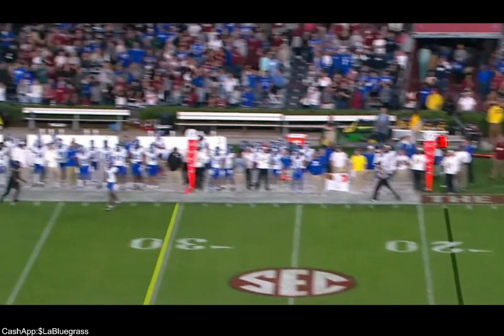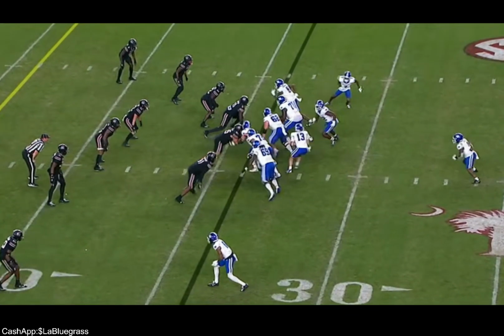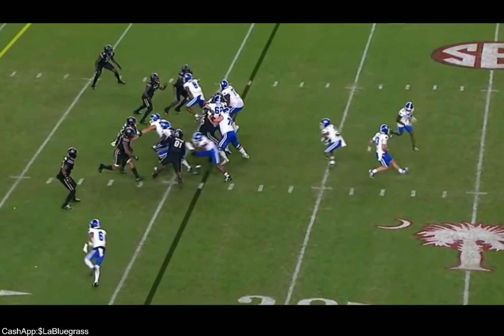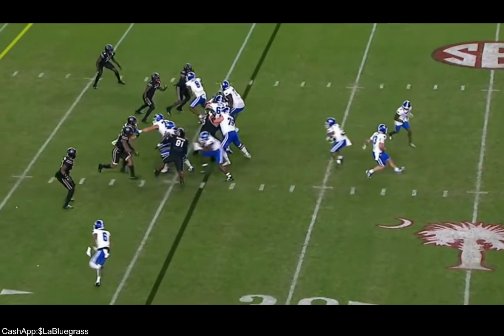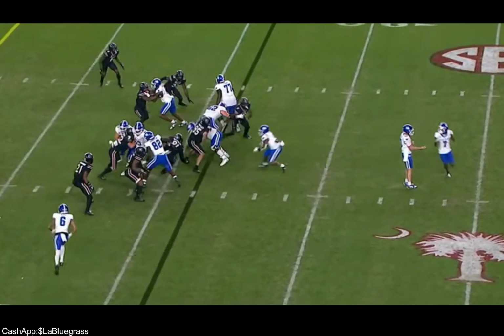Now we got fortunate with that. We got a penalty with a hand to the face, so we get a first down. I don't know what Ray Davis sees right here, but for me, and this is hard because I'm not in his shoes, the path is right there. You got a nice seal. You see blue pants right there.